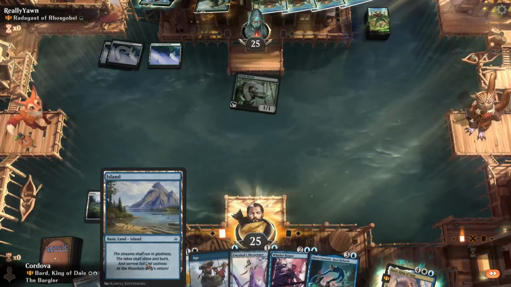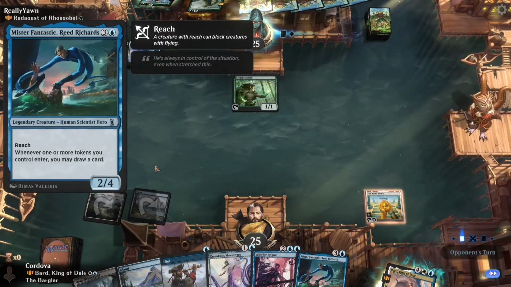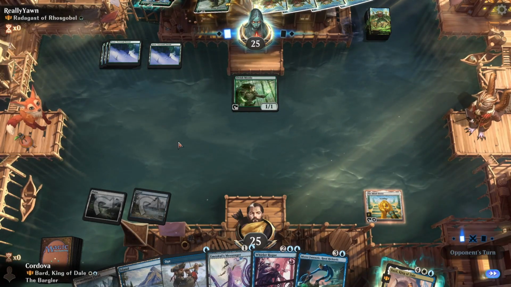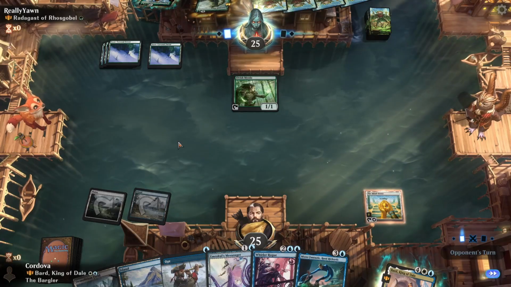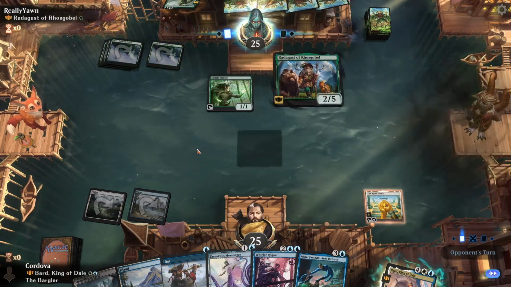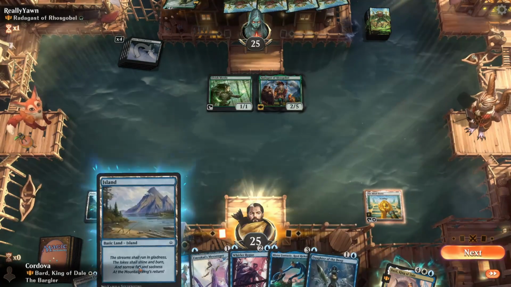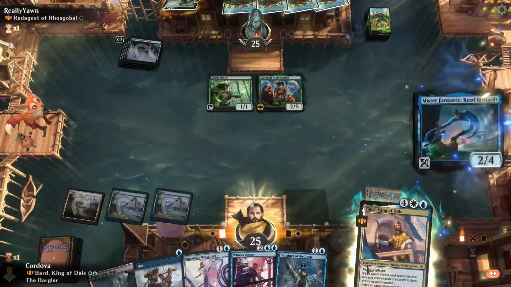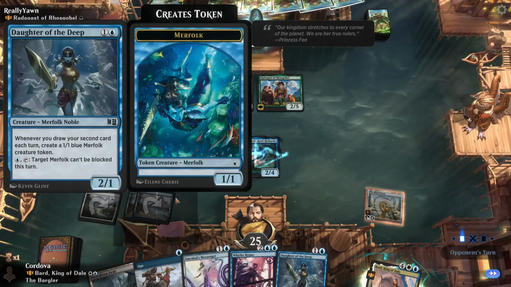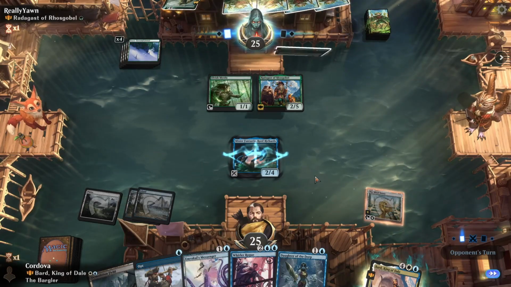Seems good. Ooh, Mr. Fantastic. Here's the Mind Stone. Mr. Fantastic draws us cards when we make tokens. So maybe we Mr. Fantastic first, and then Emrakul's Messenger and Opt the turn after. I think that's okay. We can do that. Yeah. Mr. Fantastic. Pass it to you. Daughter of the Deep is another Marvel card. Draw your second card, get a Merfolk, and you can make a Merfolk unblockable. That seems fine. It's not quite Emrakul's Messenger, but then again, this is a Modern Horizons card, so...